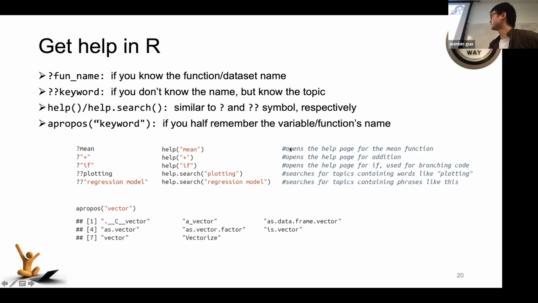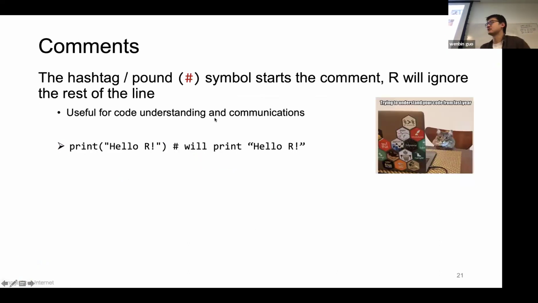So here you will also find that we have this special line that starts with a pound or hashtag. This is actually called the comment. If the hashtag starts, then the following till the end of the line will be regarded as a comment. When R runs the code, it will not interpret this part, it just ignores the rest of the line. So it's pretty useful for code documentation, because sometimes, you know, when you